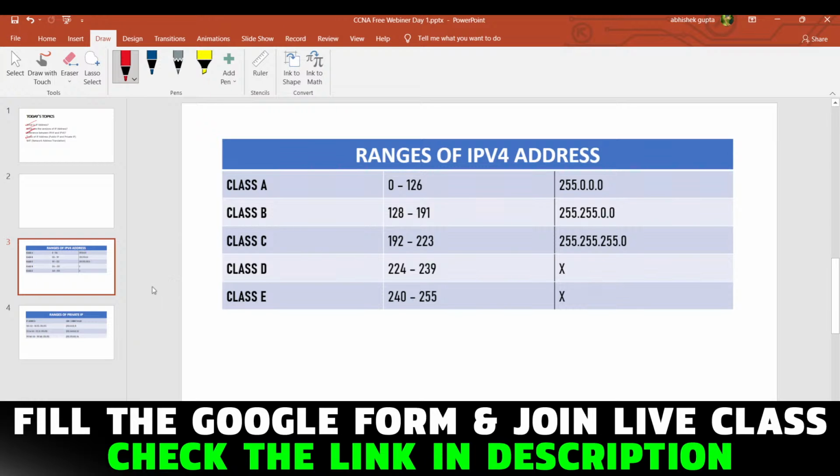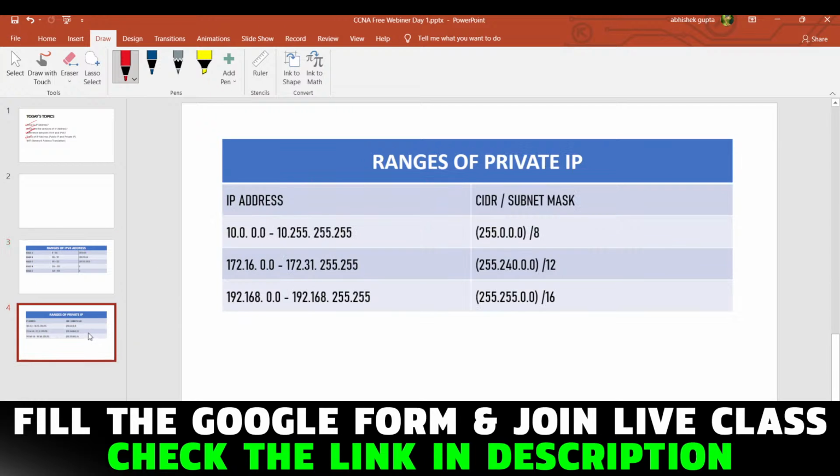Okay, next we are asking about the private IP, right? For private IP, we have certain ranges. We have another 1 minute, so after 1 minute live streaming will end, so kindly join again. So quickly, I am explaining these ranges of private IP addresses. These are the ranges of private IP addresses, that is,